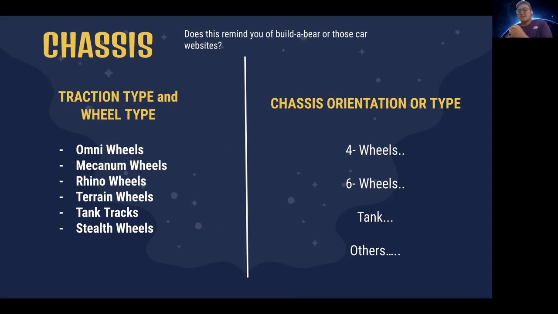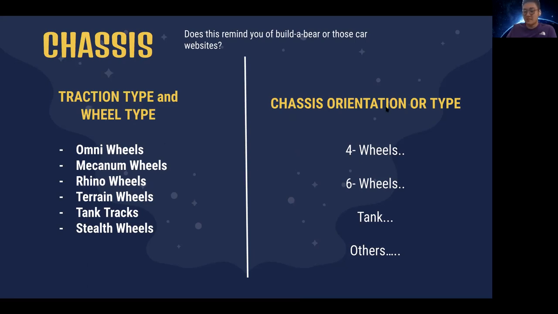So your chassis design. A lot of people just kind of presume and go with the most popular design, which I think in FTC right now are mechanism wheels. But this process is kind of like Build-A-Bear. Your parts are already kind of laid out for you, and you're kind of just selecting what you want to do. For example, traction and wheel type with Omni wheels, Mechanism wheels, Rhino wheels, blah blah blah blah, Stealth wheels, and then